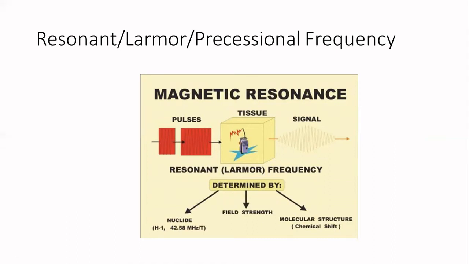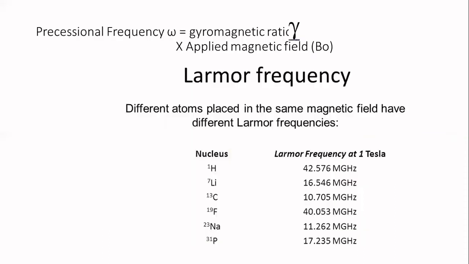So by this we can imagine a hydrogen proton precessing at different frequencies in different molecules of our body, and that is what we are actually studying. Okay, so if the proton is precessing at one particular frequency, it is likely to be a component of fat. If it is precessing at a slightly different frequency, it is likely to be water. So these small changes in precessional frequencies are what give us the magnetic resonance imaging values.